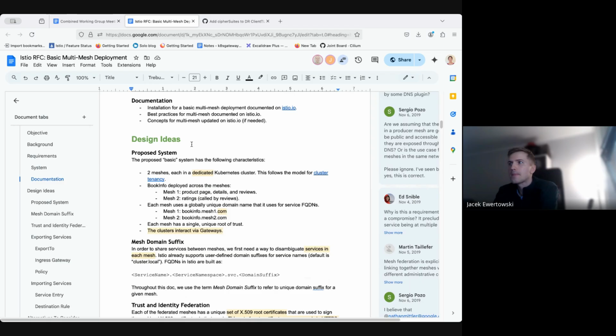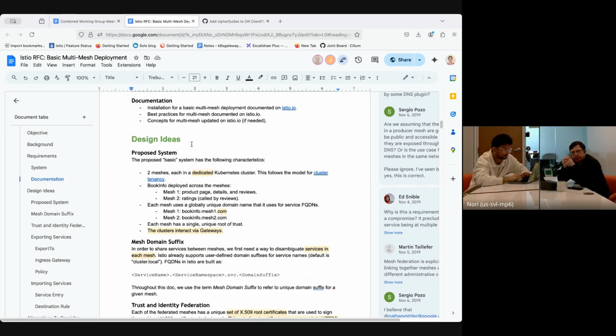I completely agree with John. We have most of the building blocks, probably all, and I looked at this quite a bit in the past, and I think we have all of them. But if you find a missing piece that prevents us, as a building block, like the ability to configure in a destination rule what SAN to expect, what SNI to send, what trust domain to check, what root certificate to check, then if anything is missing, I think it's very reasonable to add it as a first class building block.